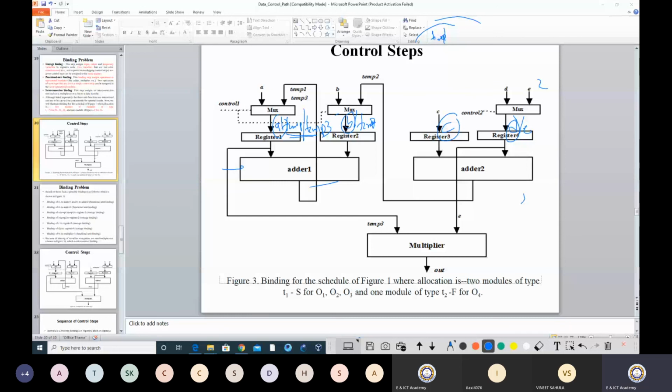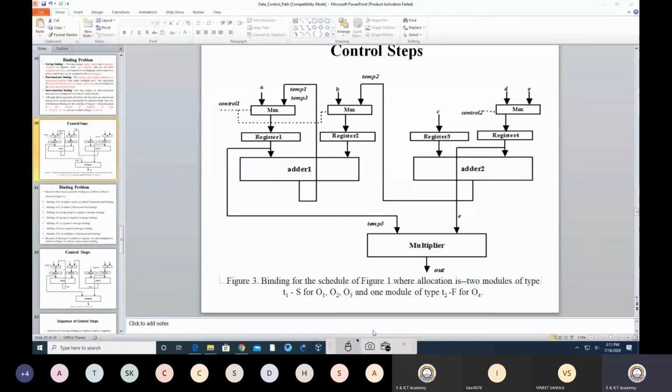Then whenever the temp tree is applicable to the multiplier, then E has to be applied and then it should generate the final output. Now this is a job of the scheduling that I need to take care of. I will discuss in a subsequent slide how you can go for scheduling. But presently, regarding the data path module, whatever blocks are being represented, multiplier, adder, register 1, register 2, register 4, apart from the mux, that should be clear at your end. So these are being selected properly. Now just move ahead.